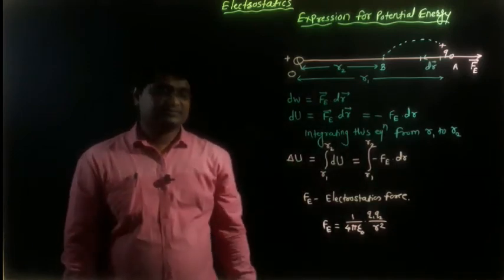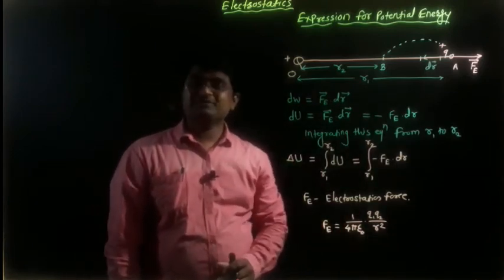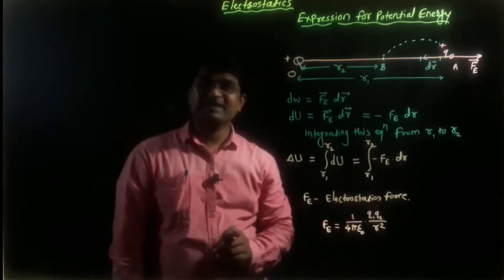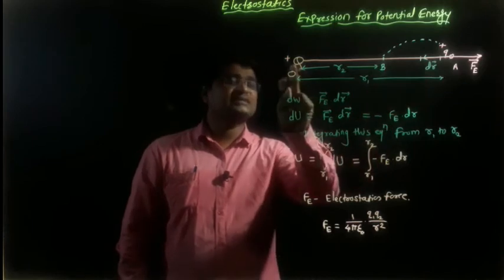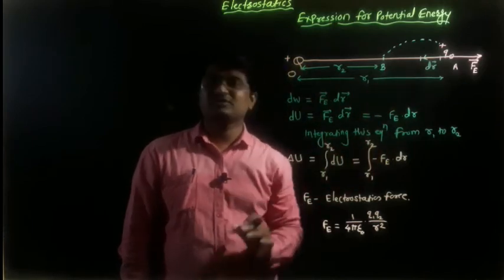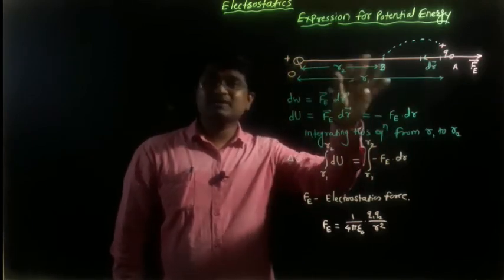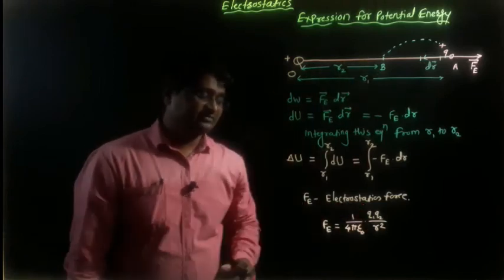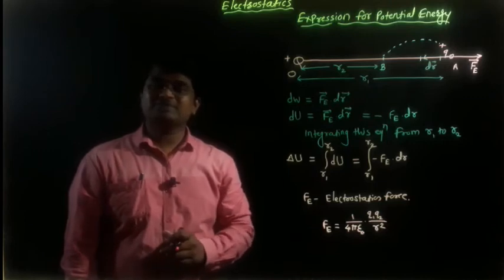So you get the knowledge. This is the concept of electrostatic force. There we are given two charges, Q1 and Q2. But here we are given two charges, capital Q and small q, which are two different charges like Q1 and Q2. So as per this diagram, what is the expression for electrostatic force?